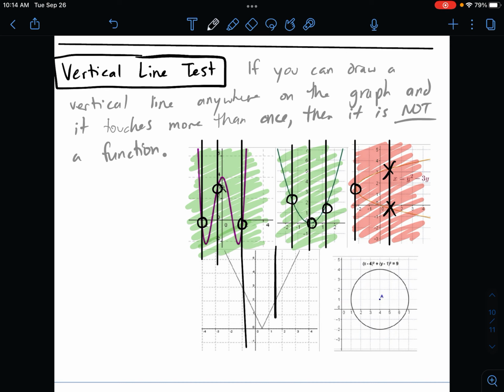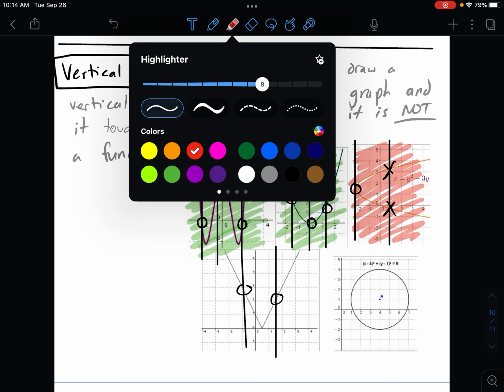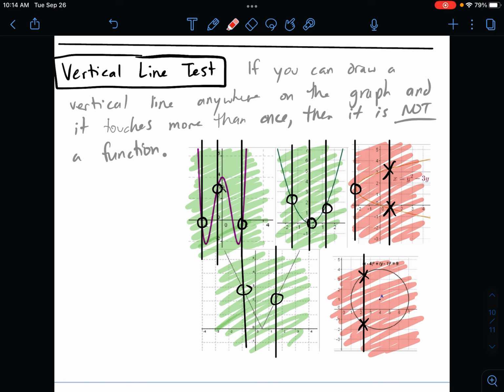This one down here, again, no matter where I draw a vertical line, anywhere I draw it, it would only cross 1 time. So this would be a yes. There we go. This would be a yes. And then the last one with the circle, well, I can see that I can draw a line over here, and we can see it would cross 1, 2 times, which is not allowed, so this would not be a function. All right, so we can use the vertical line test, and that will clearly tell us whether something is a function if it only crosses once, or if it is not a function if it